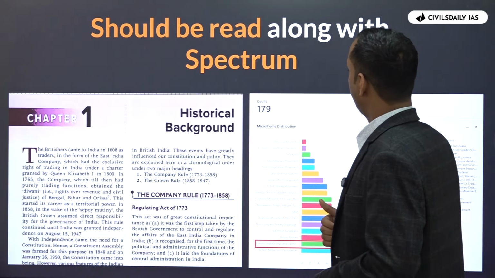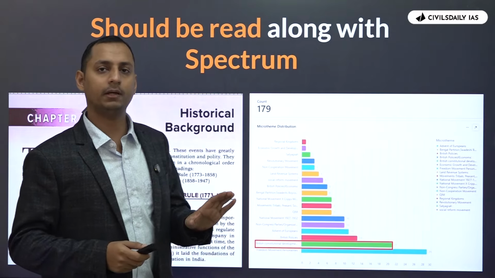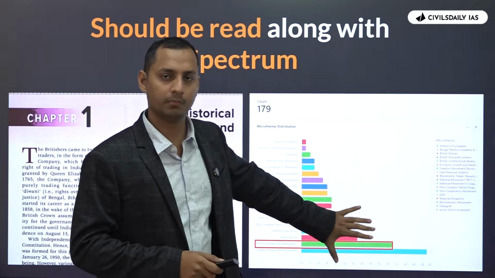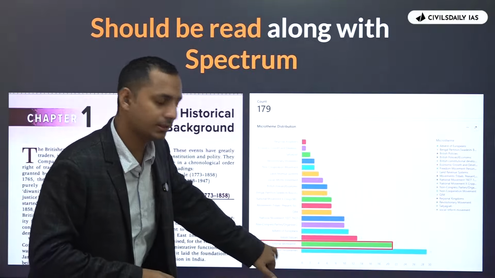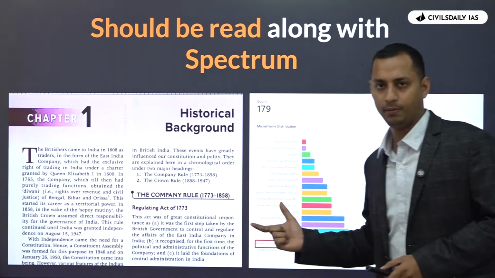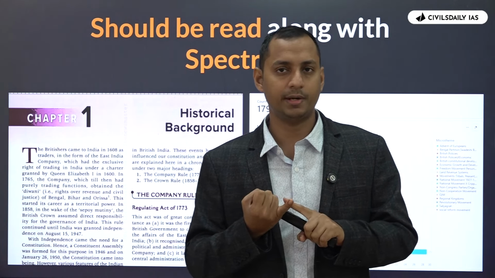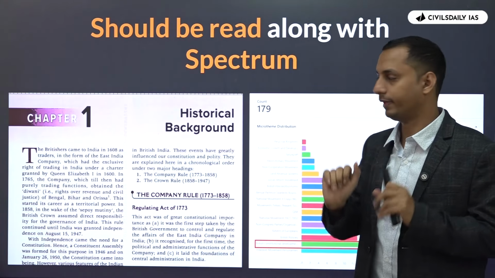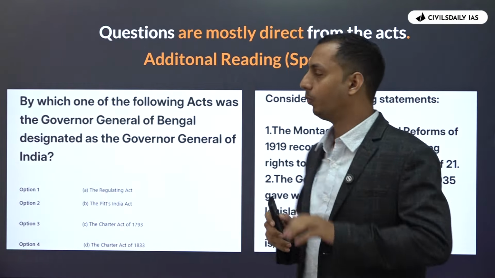Starting with chapter 1, you know that this is the most important topic in modern history. Whatever questions come here, we don't tag it in terms of polity, we tag it for modern history. As you can see here, close to 21 questions came in the last 15 years with respect to modern history. So you have to read in detail, starting from the Regulating Act of 1773 to the Indian Independence Act of 1947. You have to read it thoroughly. But should everything be given equal importance? No. I'll tell you how you have to do it.